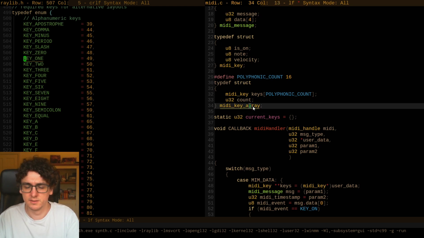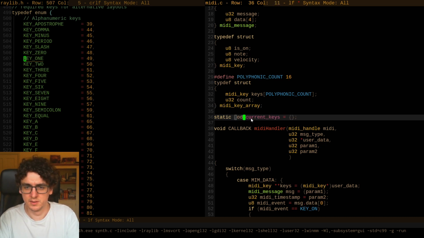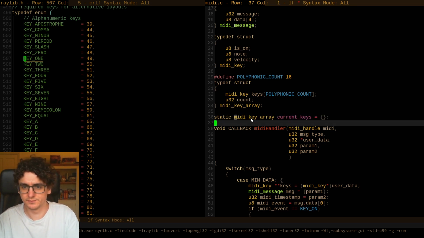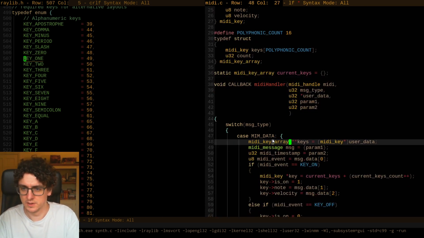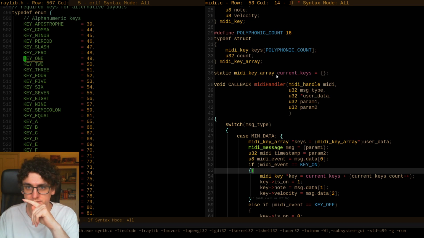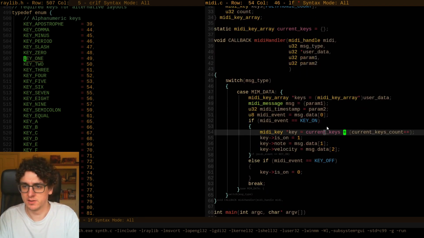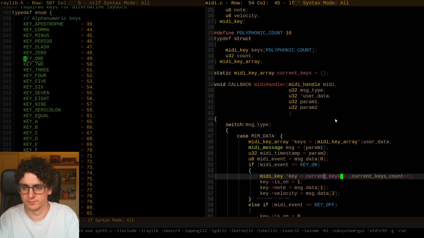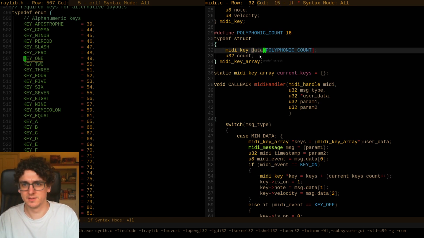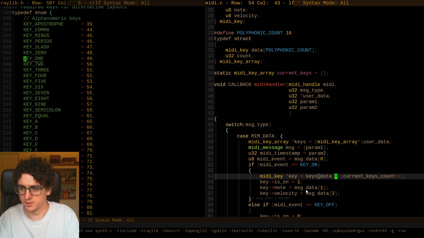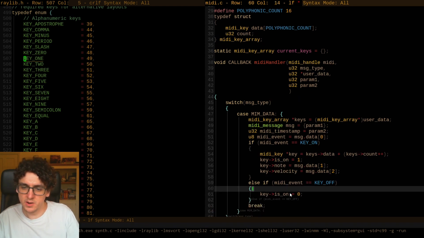Call that MIDI key array. And this would be MIDI key array, keys. I call this data, so it'll be keys.data plus keys count. Because it's a pointer, count plus plus, and that will give us a key. And then when we get note off,